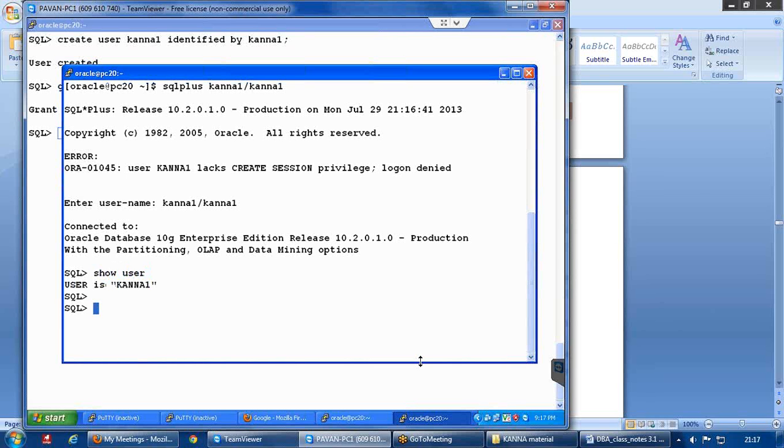And after connecting as the user, if the user tries to do some activity like creating a table or something, in such a case also Oracle will not allow it directly. So let me show you that.